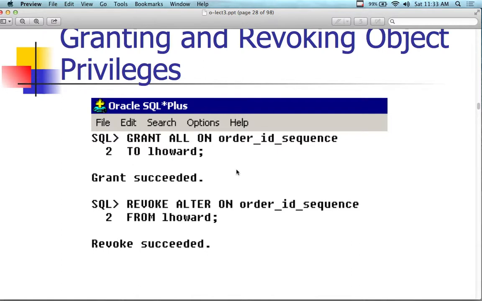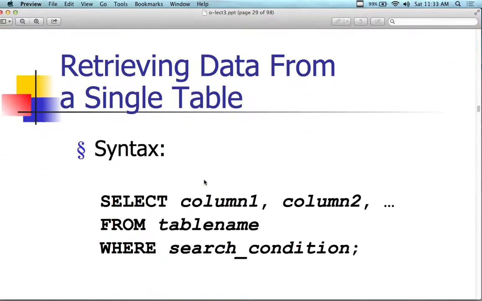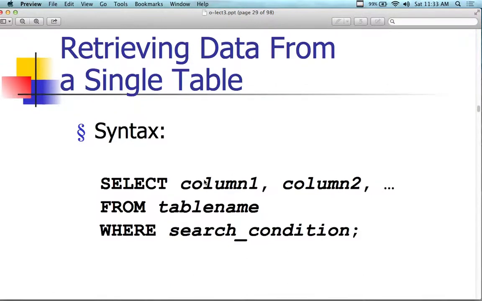Grant all on order ID sequence to L Howard. And then the SQL engine will come back. And if you're at a prompt, you'll see the same thing actually in MySQL. It's the same kind of interface. So the good thing about MySQL actually is if you have an SSH, you have a Unix account on